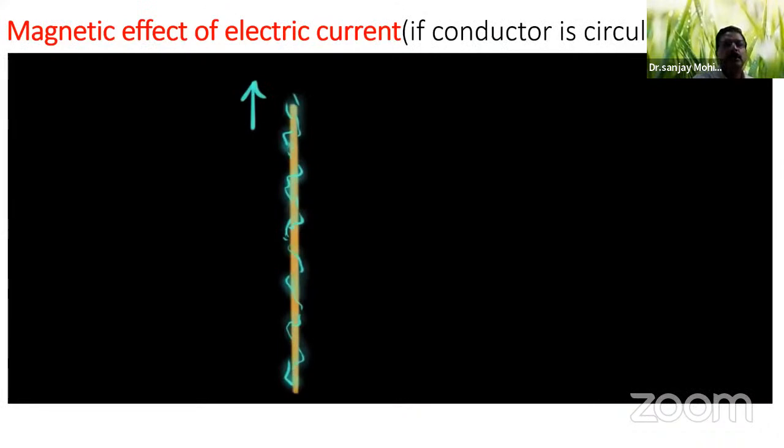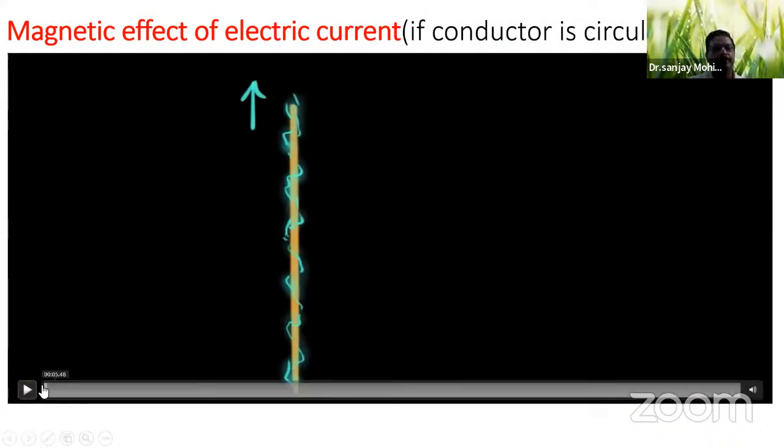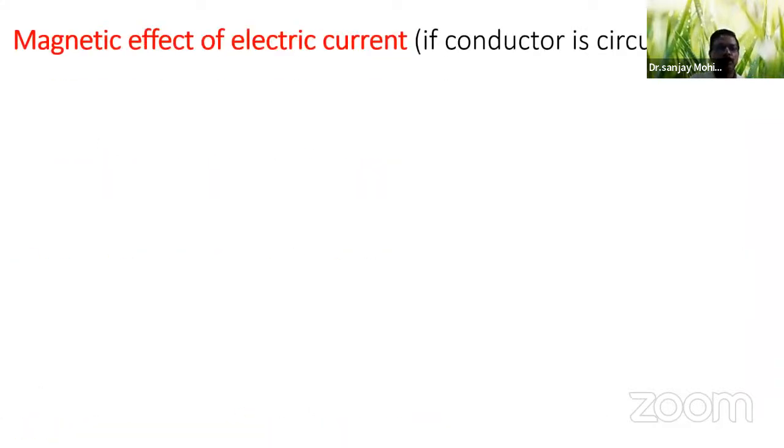So this is what we learned about: if there is a straight conductor, what will be the effect of it? Now we will stop here in episode number 3. Wait for episode number 4. In episode number 4, we are going to learn about a different variety of conductor: if there is one loop or many loops, then what is